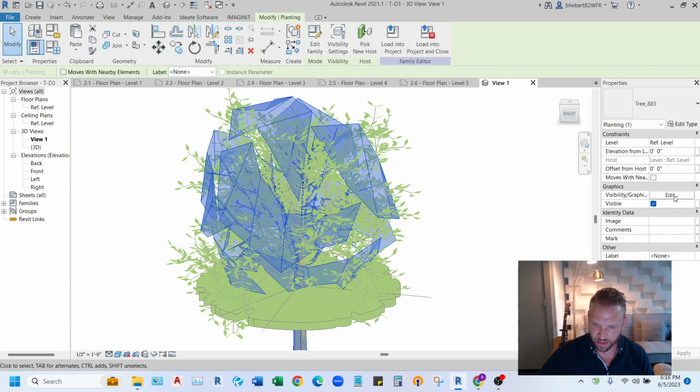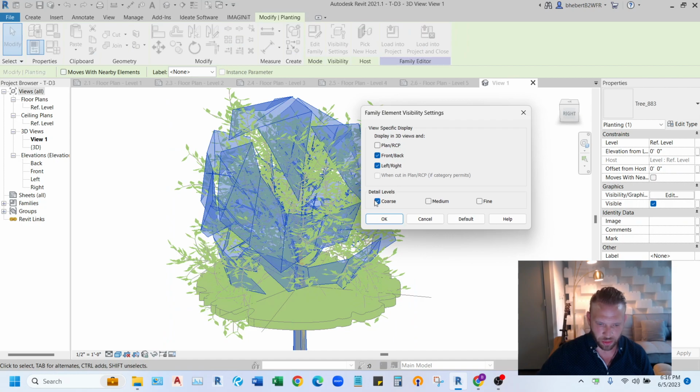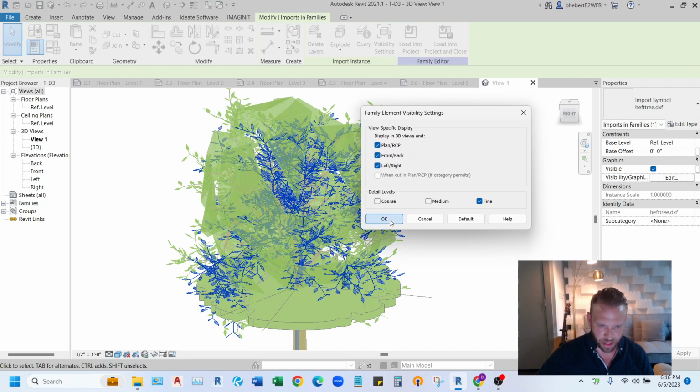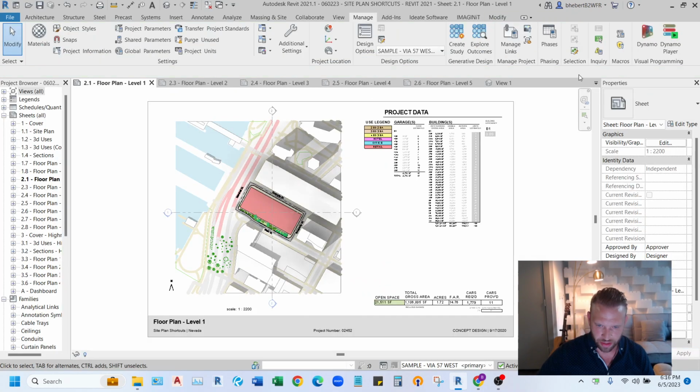We select this guy, we want this to show up only coarse, and so fine is unchecked. And we never want this showing up in plan because that's what we have this for. So this is unchecked. We may want it showing up in elevation and section depending on the detail level. But if we go into this, we do want this showing up in plan because I think as